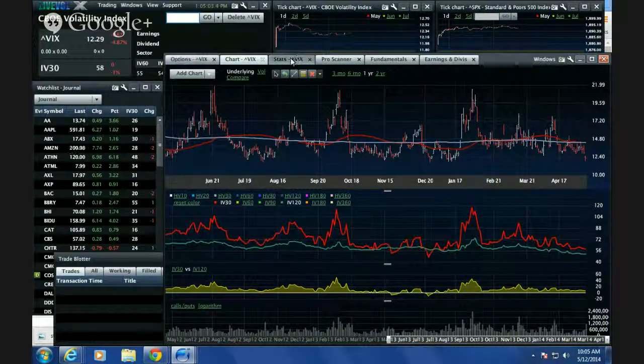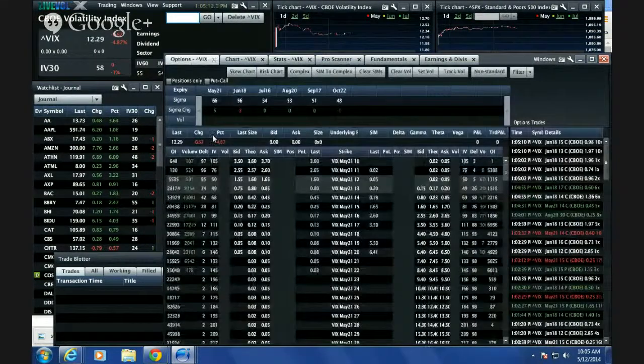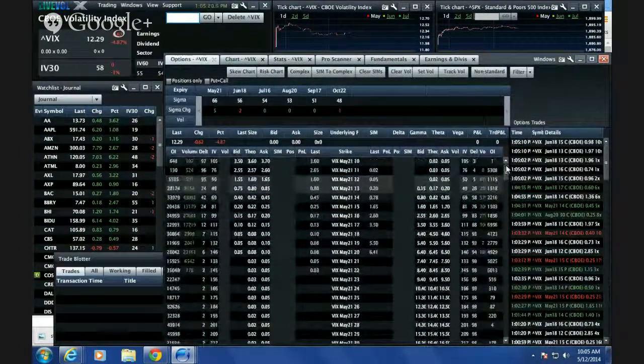If you look at the options order flow, it's very bullish. People are buying calls. One thing that you guys have to remember though, on these different months, it depends on different futures, right? So if you look at the Mays, the ones that are expiring May 21st,